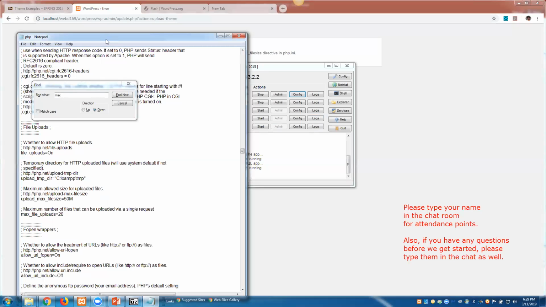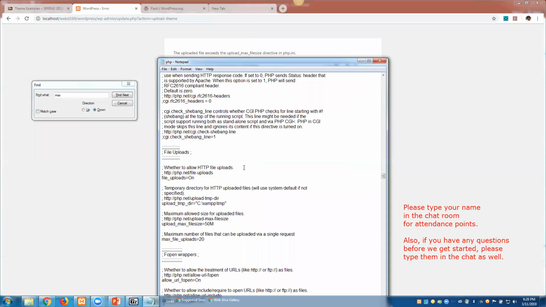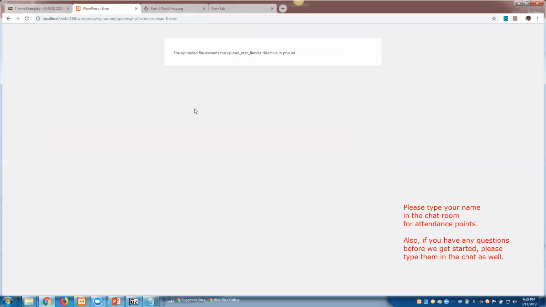Now this file called php.ini gets run when the web server starts, and it reads these instructions and makes those settings. So even though I edited this file, I didn't really make a change to the upload just yet. Let me try again. I'll prove that to you for a second here. I'm going to go back,